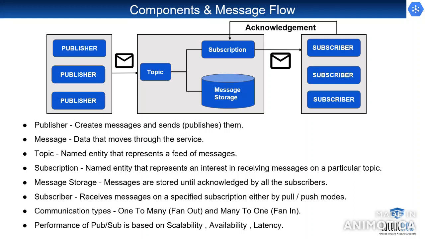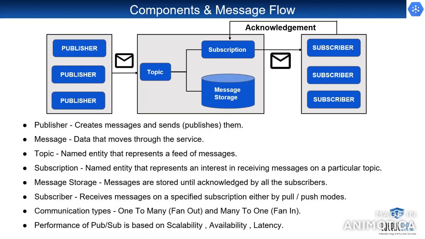And how do we measure the performance of PubSub? Basically, a messaging service like PubSub can be measured on 3 important metrics: scalability, availability, and latency. A scalable service should be able to handle an increase in load without degradation of latency and availability of the service. In our case, load is the number of publishers the user has created, or the number of subscribers, topics, messages, or size of messages.